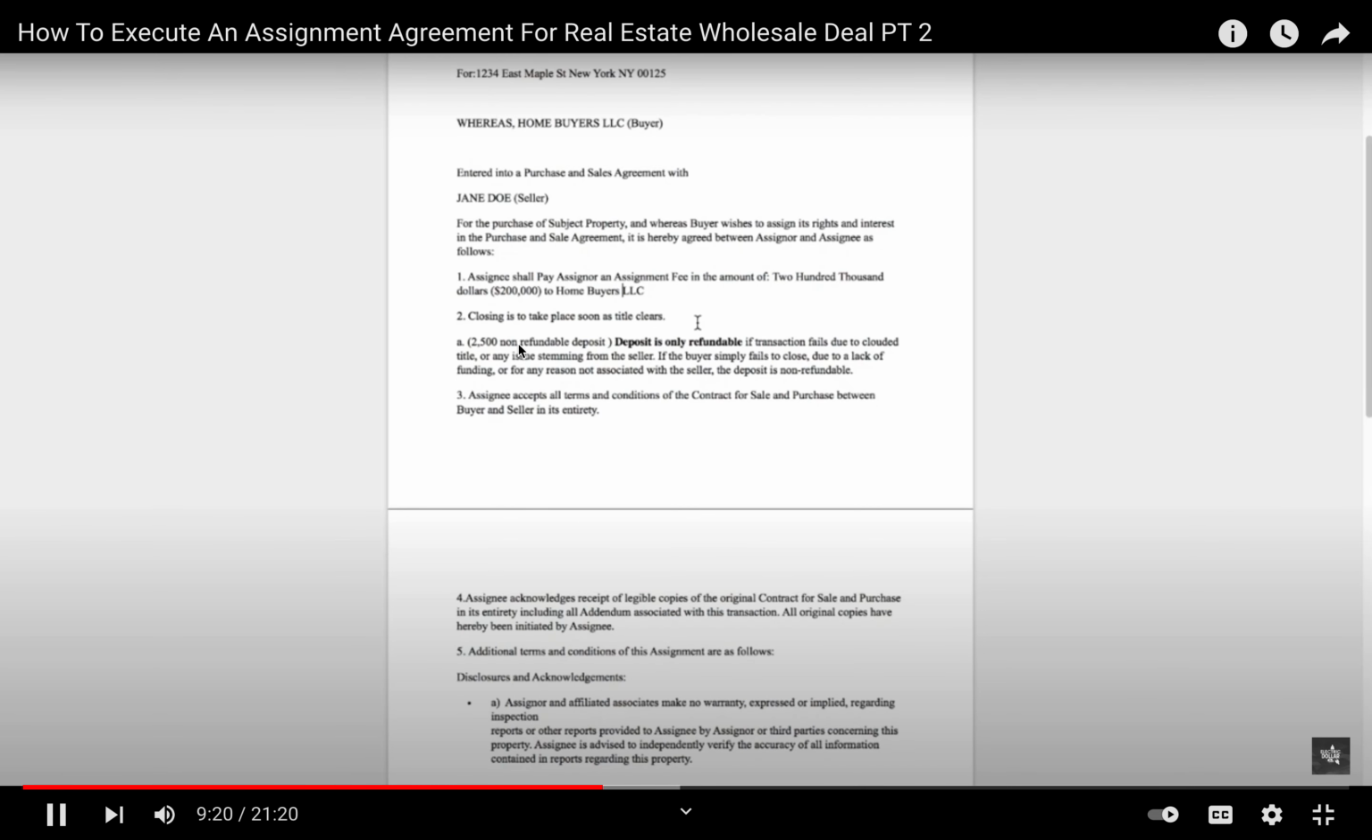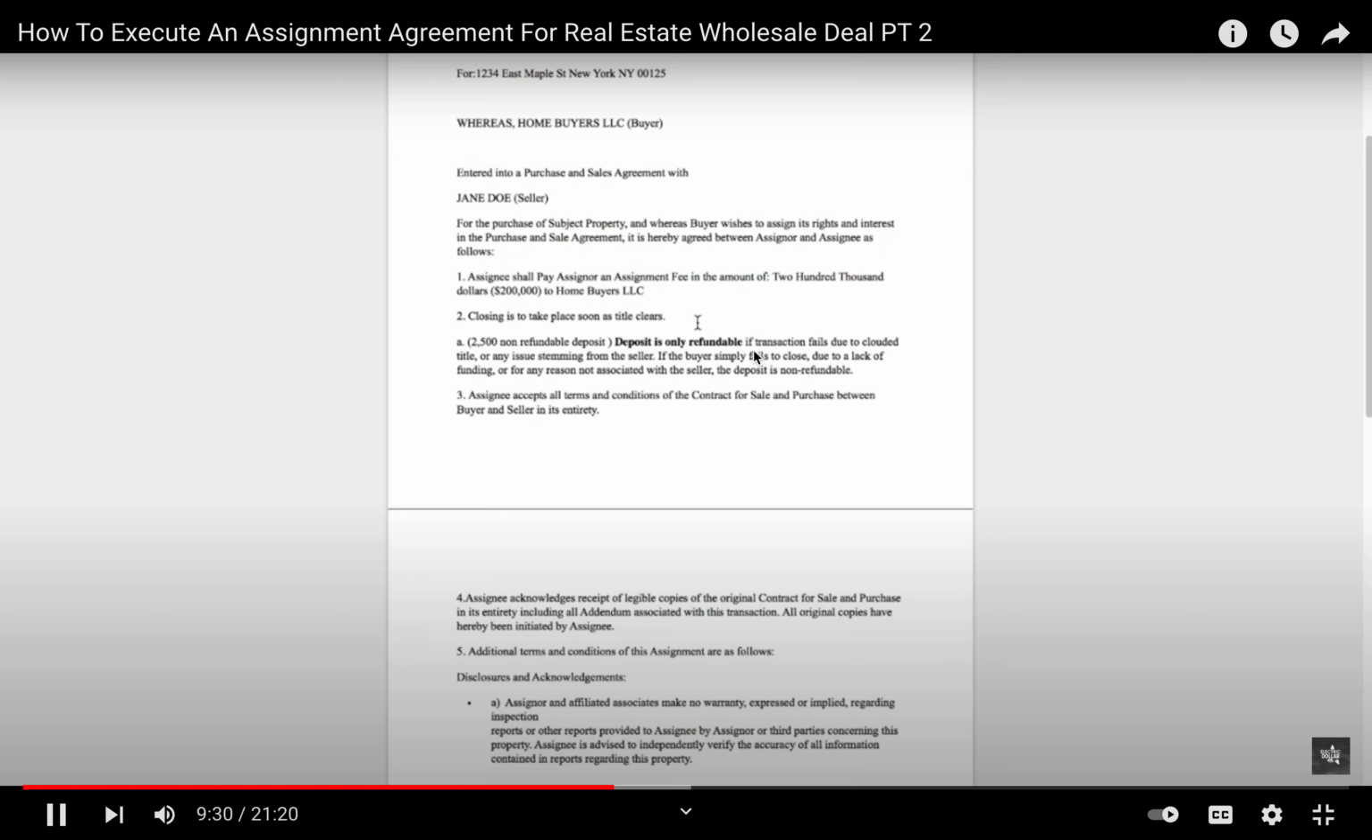Then you just have a couple clauses. Closing is to take place as soon as title clears. Your earnest deposit, you put that in there, $2,500. It is only refundable if the transaction fails due to a clouded title or any issues stemming from the seller. If the buyer simply fails to close due to its lack of funding, or for any reason not associated with the seller, the deposit is non-refundable. So that clause just says, hey, if the seller's playing around and it don't close, you get your money back. If the buyer plays around and don't close, then the seller gets to keep the